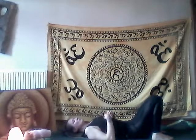Releasing here, either into second set of bridge, or you can go into what we call our shoulder stand. And our shoulder stand is a beautiful posture for aligning the whole of the body, and it brings the whole of the body back into balance. Every gland, every muscle, every cell. Really, really powerful pose. But if you've got any neck injuries, then just perhaps stay in your bridge or stay